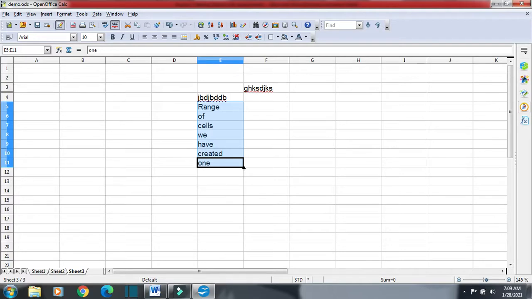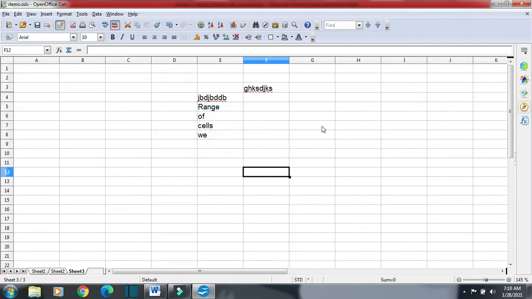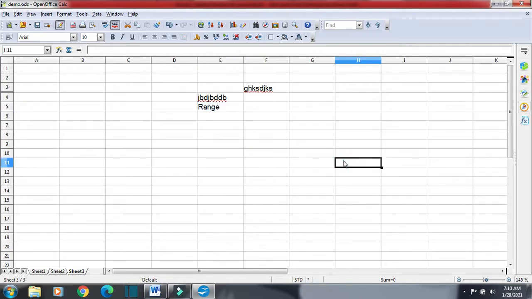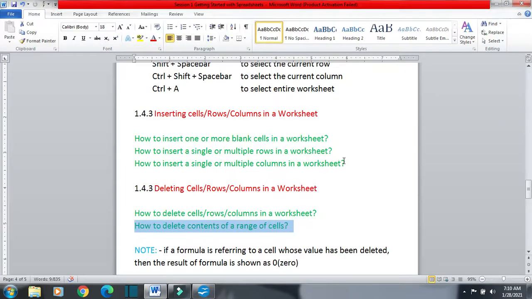I will just drag the fill handle. As I move the fill handle, the contents will get deleted. You can see the contents have been deleted. So if we want to delete contents of a range, we just drag the fill handle inside and the contents get erased.